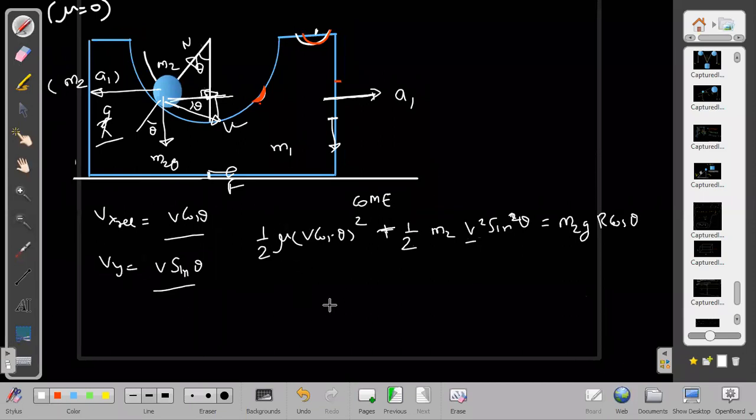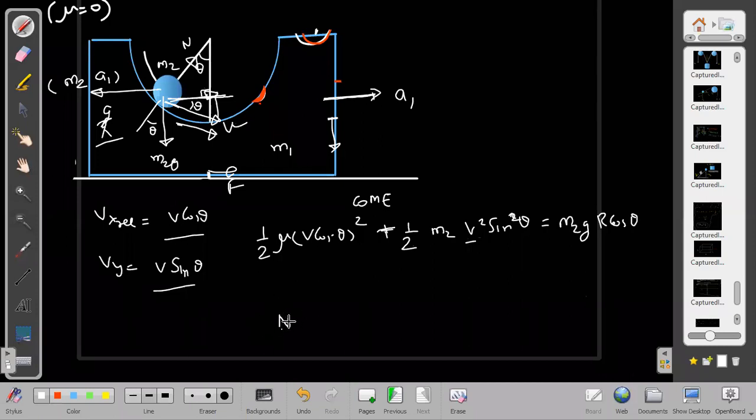So now, what do we get next? M2 into A1 backwards. Sorry, not A2, A1. Then we can write it as acceleration along horizontal. If I want to write this side, then M2 A1 sin theta plus. I have to write those equations again, I cannot avoid them. I'm thinking hard, but not able to avoid.